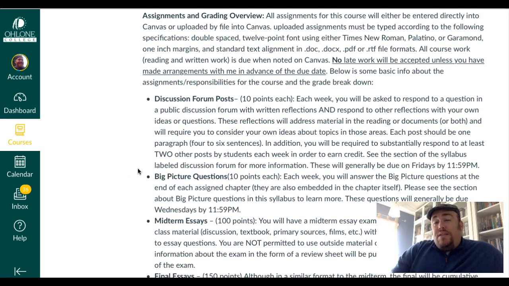I use a points-based system of grading in this course, and it's really important to note that in a points-based system, if you miss a few points, it's a big class and there are lots of points. Don't stress. There are definitely areas to earn more points. If something happens, if you don't do as well on an assignment as you like, you definitely have the ability to recover in this kind of course, the way it's structured.